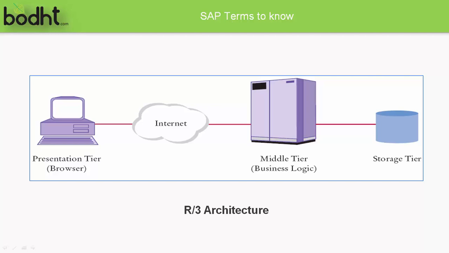That's where the entire business logic, or the program that SAP has written, is sitting in that particular tier. And then we have the storage tier. That's where the RDBMS or the database is sitting. It can be Oracle, it can be IBM's DB2, or it can be even their own HANA, or it can be even Microsoft SQL Server. So any of these database solutions would be there in the storage tier. That's why it is called a 3-tier architecture.